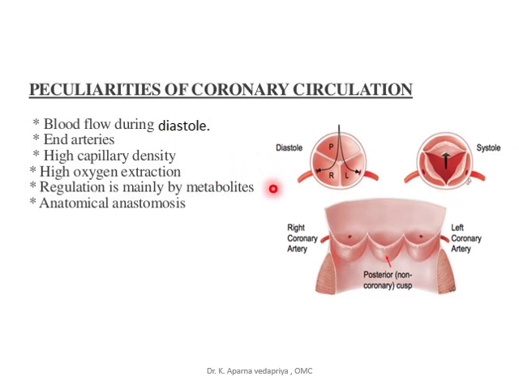And the regulation is mainly by the metabolites, as the autonomic nervous system has negligible effect on the coronary function, because parasympathetic stimulation has negligible direct effect on coronary arteries, whereas the sympathetic supply has a bit of effect on